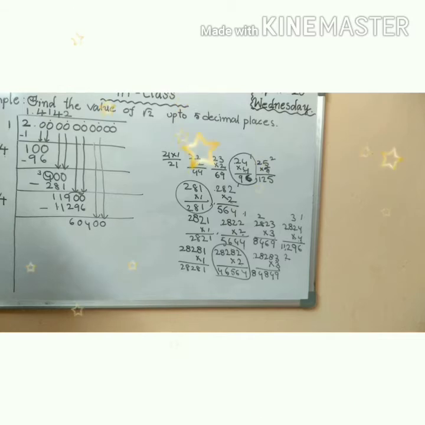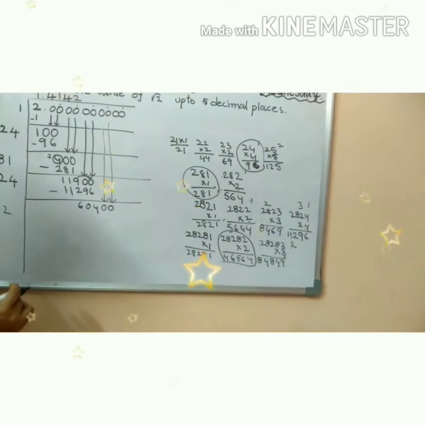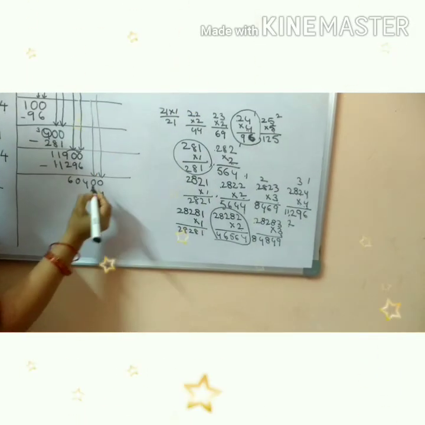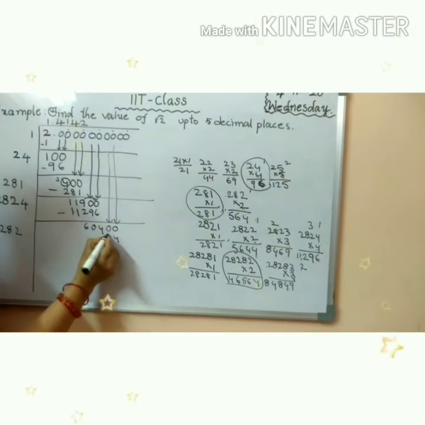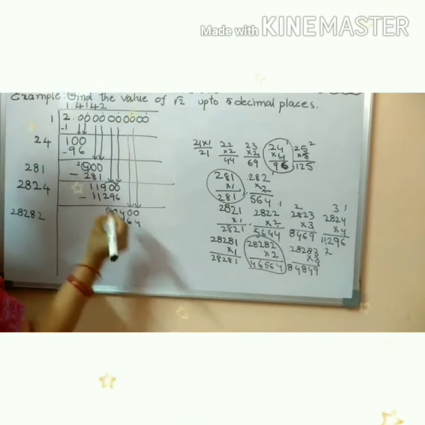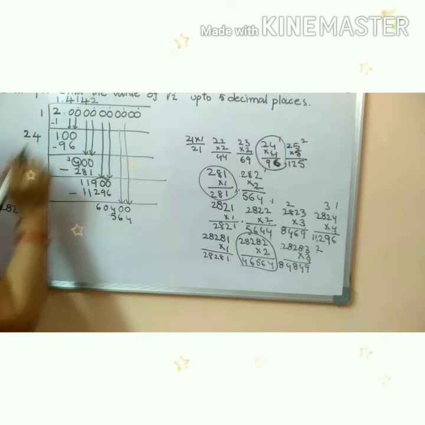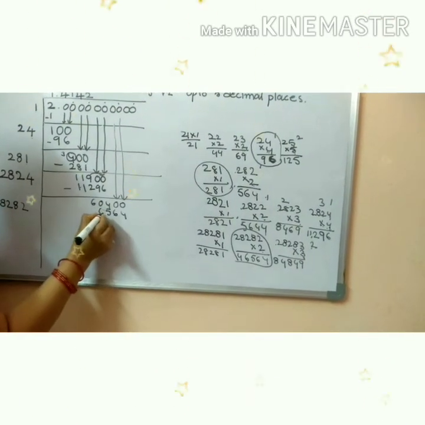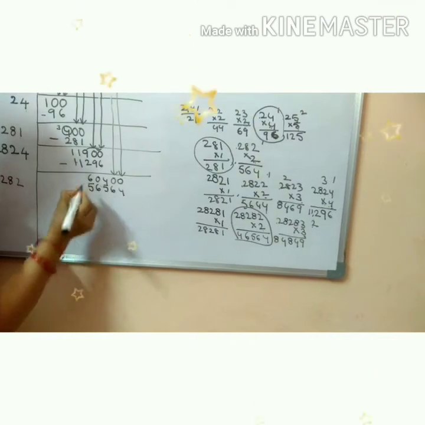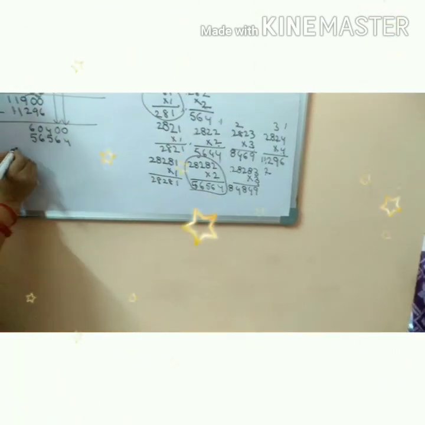1.4142. Here write: 2 2s are 4, 2 8s are 16, 2 2s are 4 plus 1, 5. 2 8s are 16, 2 2s are 4 plus 1, 5. Here write 5. 2 2s are 4 plus 1, 5. So